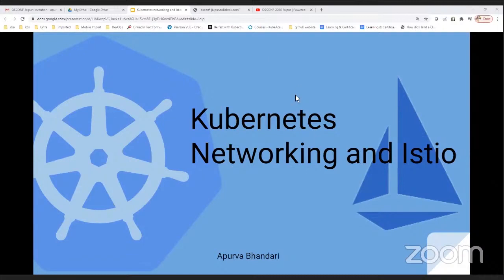What I want to deliver today is Kubernetes networking and how we can view it from basic to advanced networking, from the Kubernetes native networking, and if I am using a service mesh like Istio, from that point of view, how I can see the networking. Today I am not going to show any demo or anything fancy, but I will concentrate more on how we can go through it in a conceptual way.